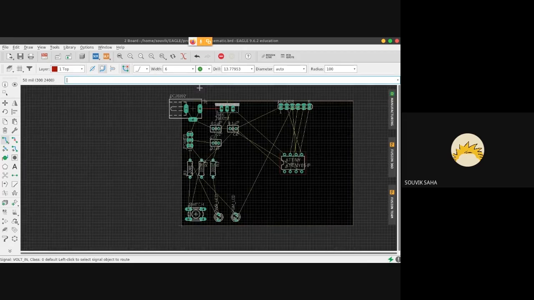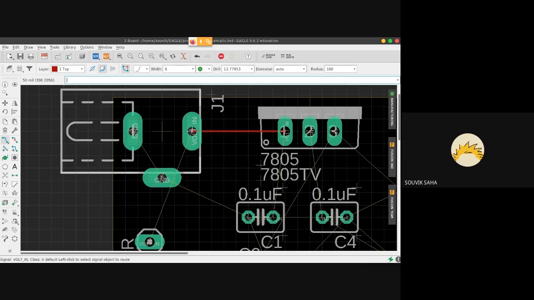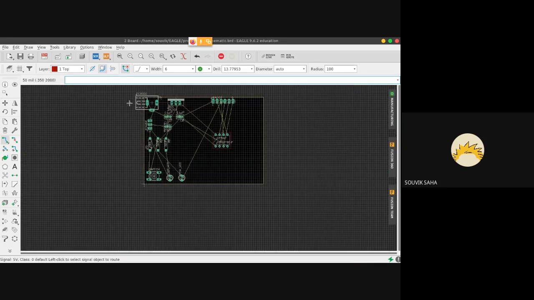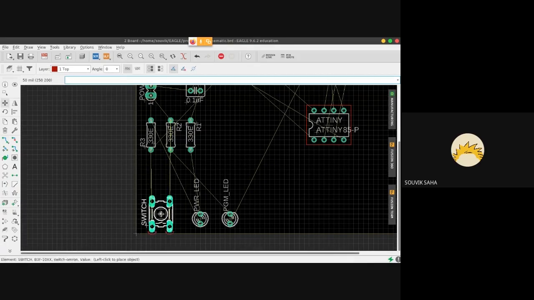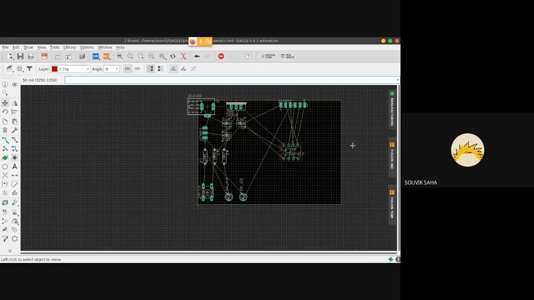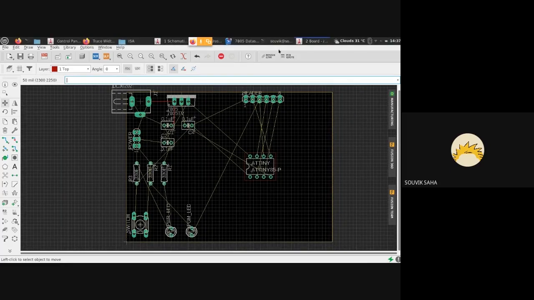What I want you to do is press on any of these light green pads and route them all together like this. Route all the wires except the ground wires. There's a cool trick that is used for the ground wires specifically, so I'll show you all how it works. Routing is a very time-taking procedure, so I'll give you all some 15 minutes to try and route everything.